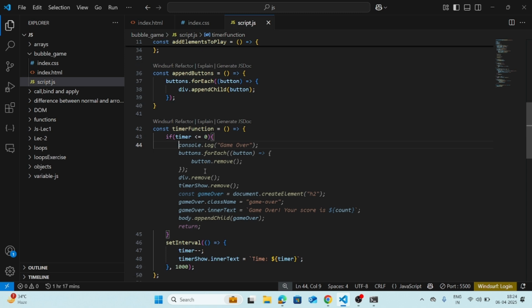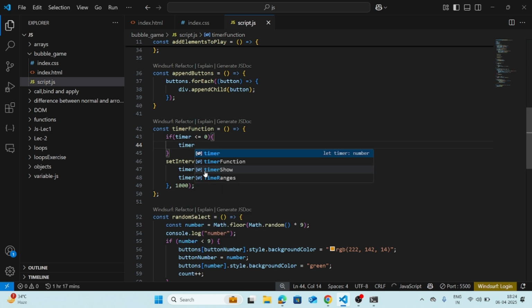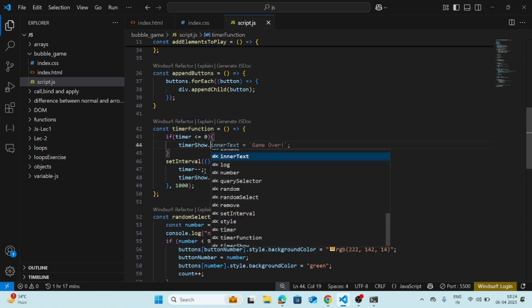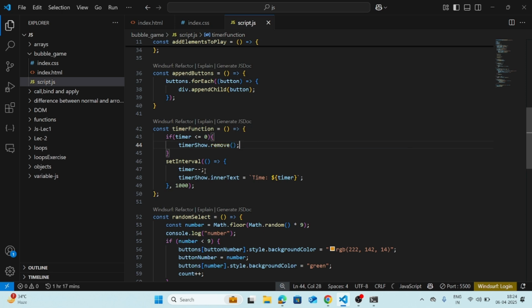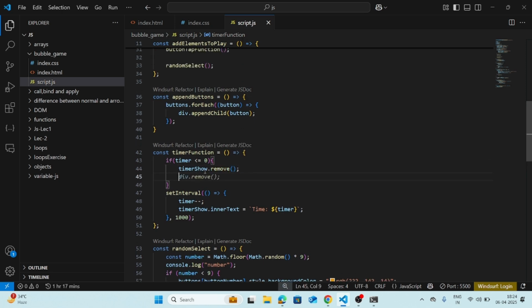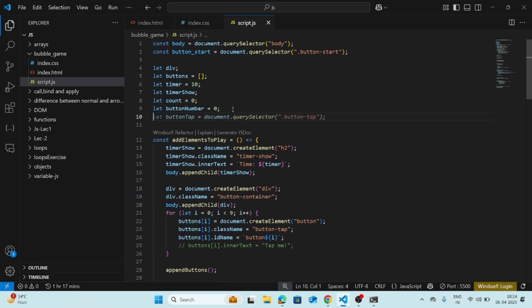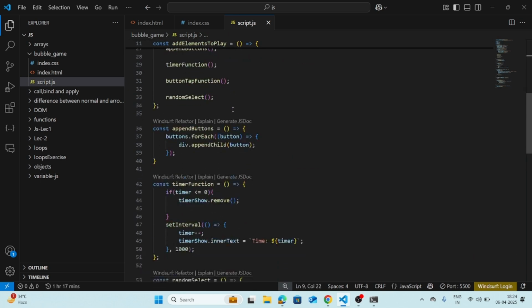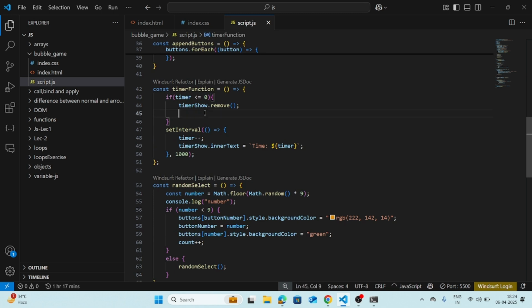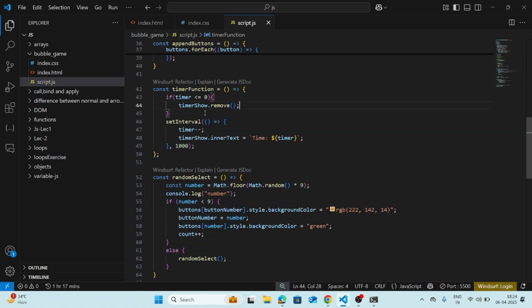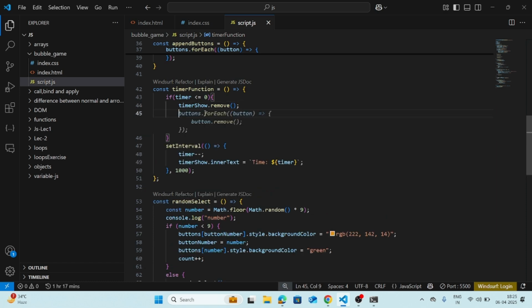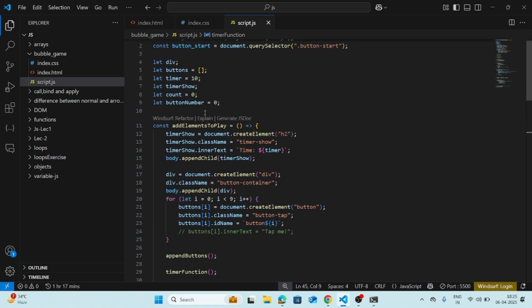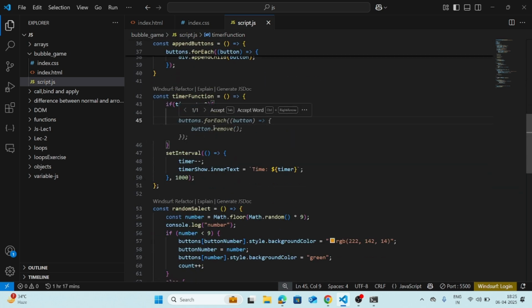What's happening is it is showing me I have to first remove the timer show. Okay, team, remove the timer show dot remove, and then we will add another button that will first of all tell you that timer is over, and